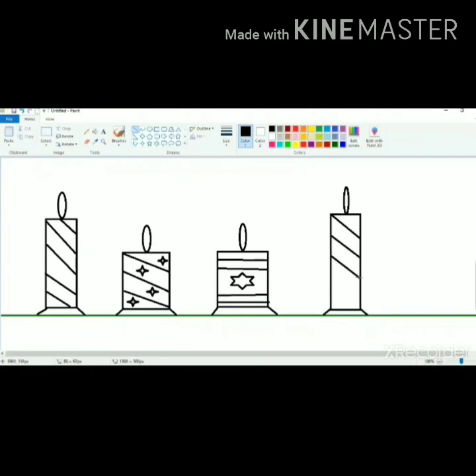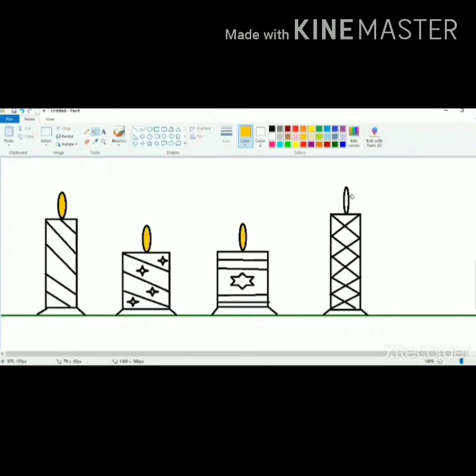Again, I am going to draw slanting lines first in the candle. And now I am going to draw the slanting lines in the opposite direction to make the design. And I am going to join them with the previous slanting lines so that a design comes.